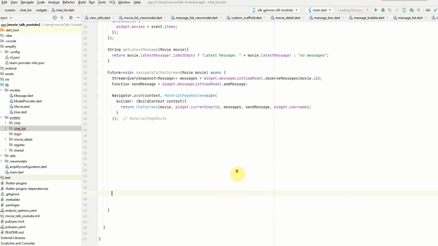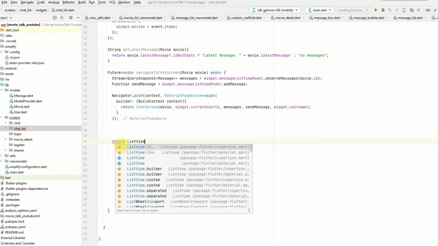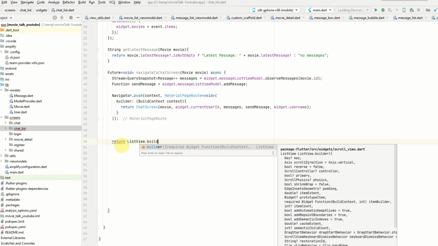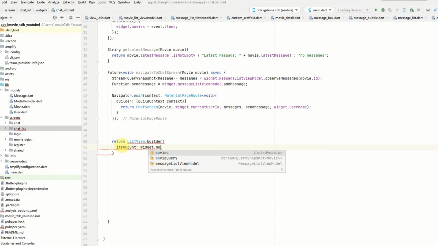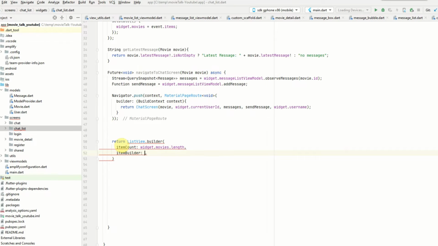So I'm just going to add some more space onto the screen, and we want to return a list view builder, the item count will be widget.movies.length, then the item builder, so context and index,